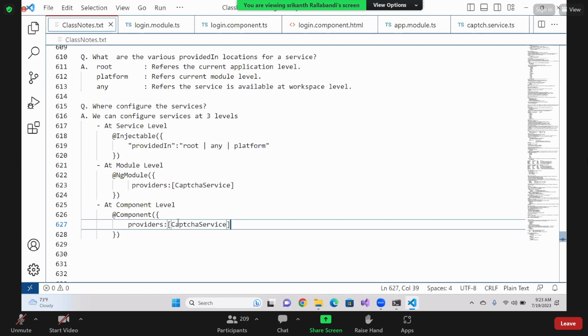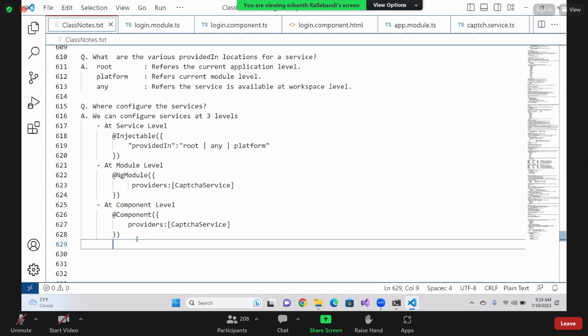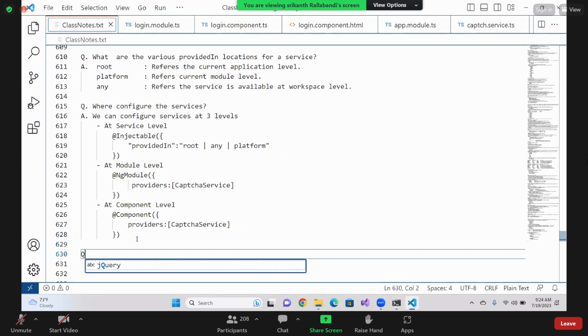Captcha service, like that you can give. Very, very important interview question. This is also one of the services questions that is very frequently asked, because if you don't know how to work with services, then it is not going to be possible to become a web developer, an Angular developer especially. And the third question is going to be,